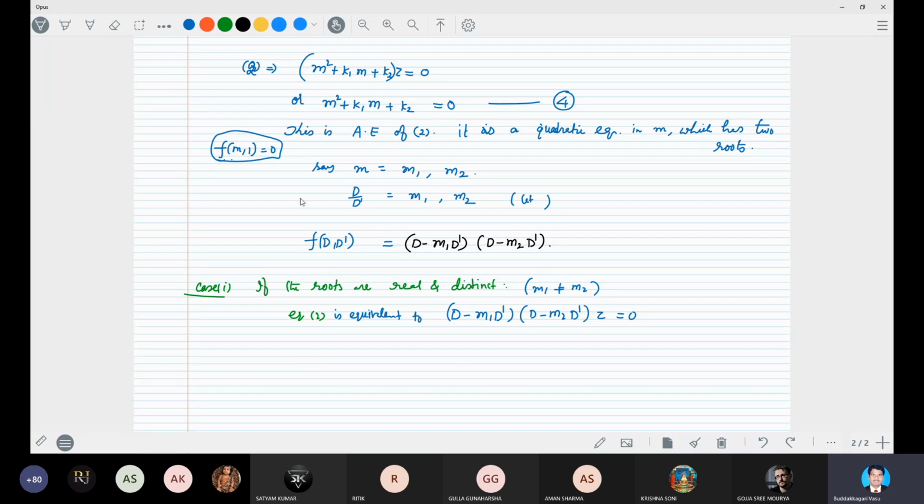Now we classify the solution when the roots of the auxiliary equation are real and distinct, that means m1 not equal to m2, and m1, m2 are real. We have discussed this until now in the earlier class. Does anybody have any doubt until this? One must understand very clearly the procedure of obtaining the complementary function in the process of solving PDEs of higher order.